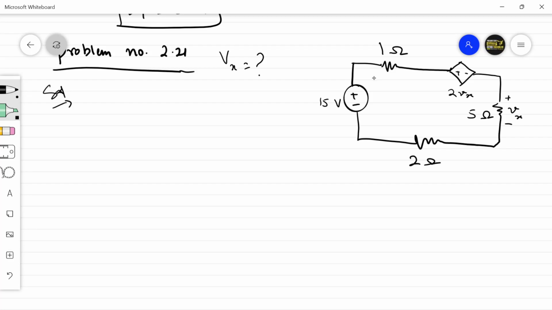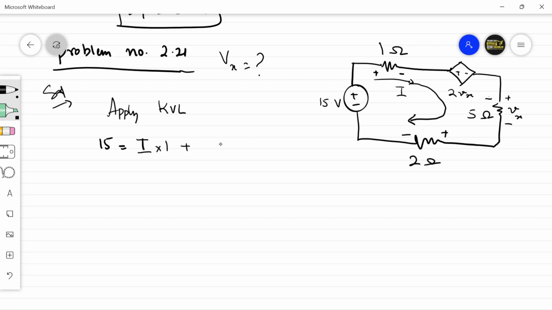So if current I is flowing in the circuit, by applying KVL, we can say that 15 is equal to... So when current flows in the circuit, this becomes plus minus, this is already plus minus, this becomes plus minus like this. So it is actually flowing in this direction. So you can either write 15 minus, or you can say simply, this 15 volts is equal to I into the first resistance, that is 1 ohm,